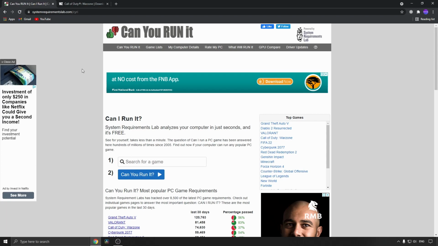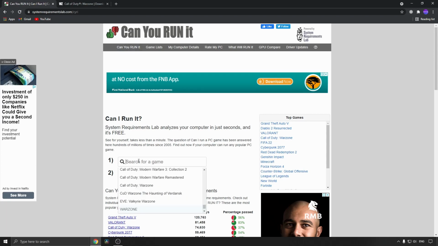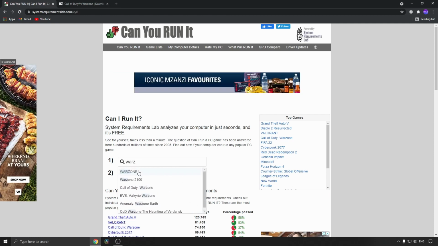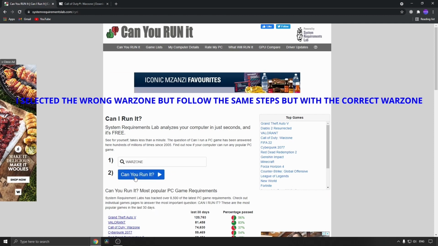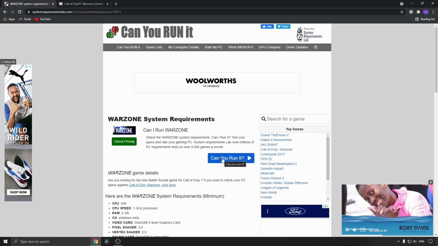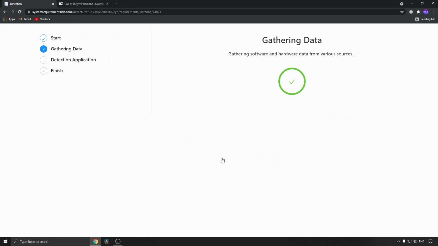It will take you to this website. It's called Can You Run It? Then you just want to search for the game over here. So I'll type Warzone and select it there, and then you want to click the blue Can You Run It button. So I'm going to click here where it says Can You Run It, and now it's going to gather